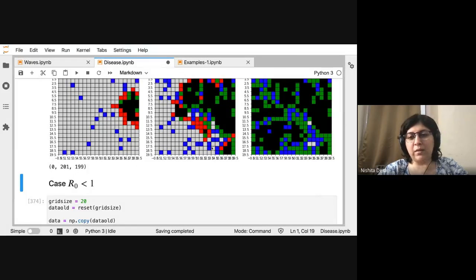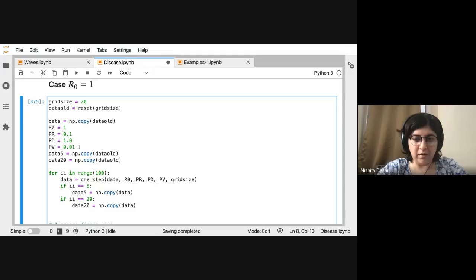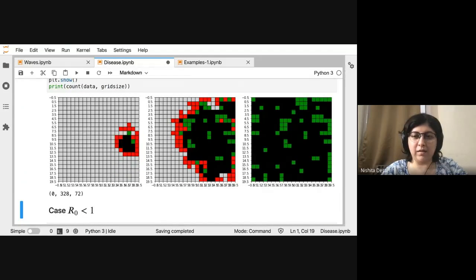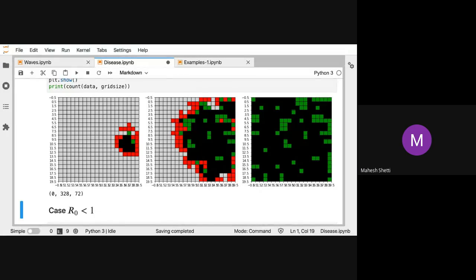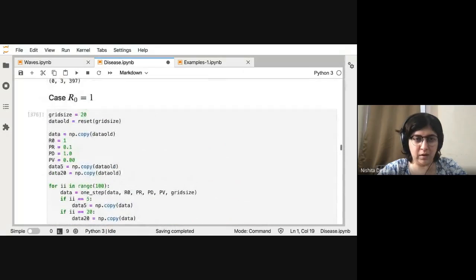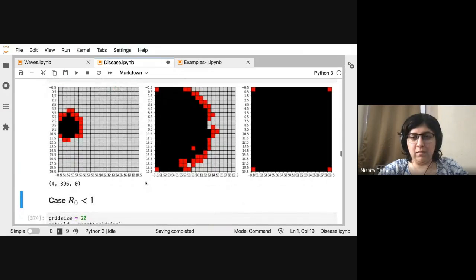I mean, you can in fact put the vaccination rate to 0 and you can see what happens. So this is the case. There are still survivors. Of course, then for that you have to put your recovery rate to 0 as well. So then these corners are living because they just have fewer neighbors.